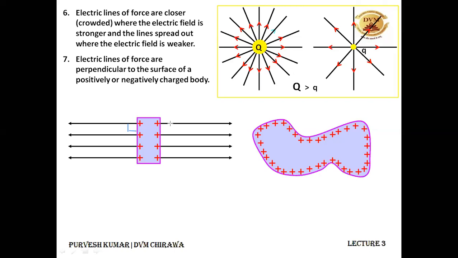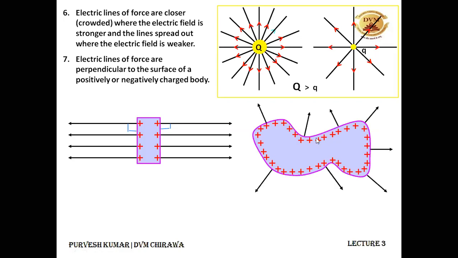Similarly, this angle is again 90 degrees, because the electric field line is always perpendicular to the surface from which it is coming out or going towards. If it is a negatively charged surface, the electric field lines must be going towards it. Similar is the case for this surface. If we take an irregular surface, then also the electric field lines will look like this. Here also I have perpendicular lines. These electric field lines are always perpendicular to the surface from which they are coming out or going inside. Please keep this in mind.